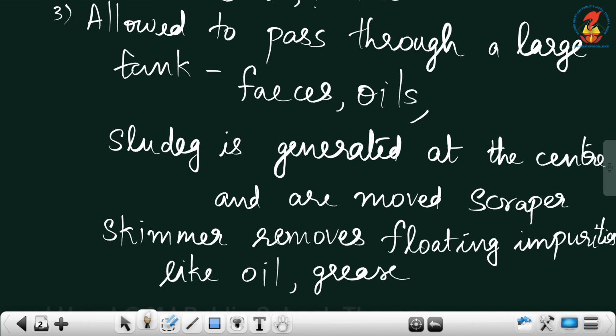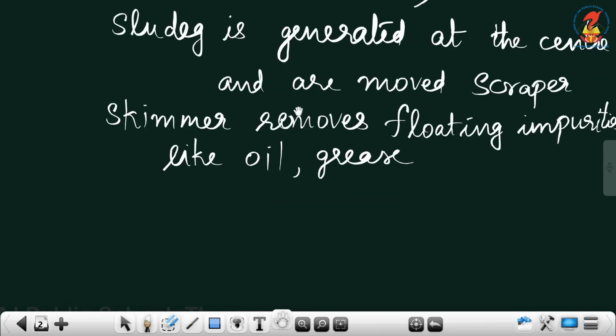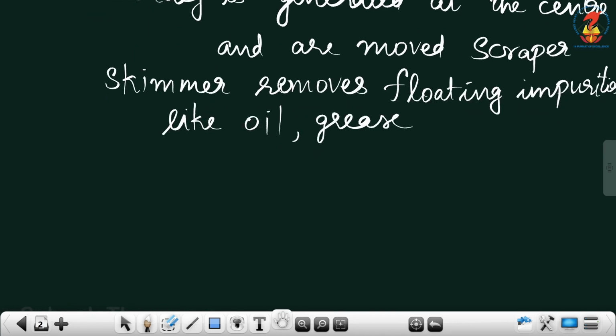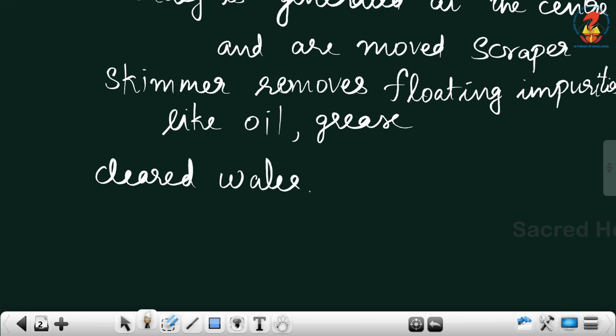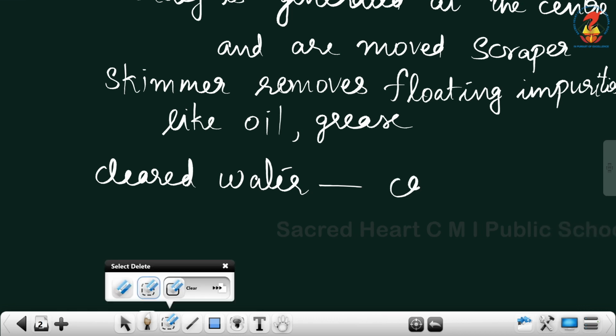So using the skimmer, we are removing the floatable impurities, and using the skimmer and scraper we are cleaning the water. The water obtained in that third stage is known as clarified water.